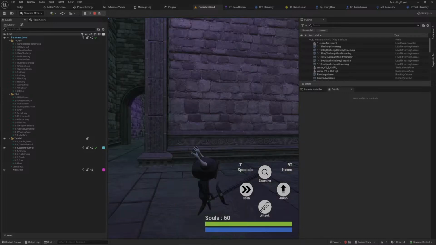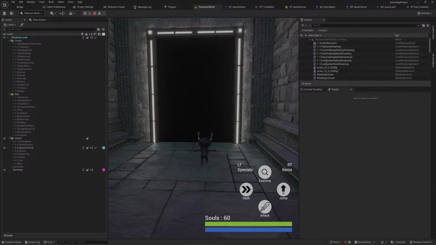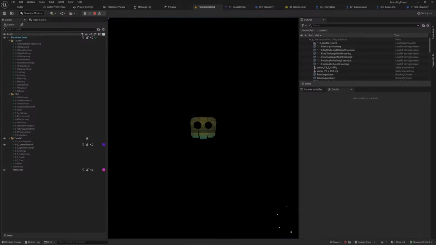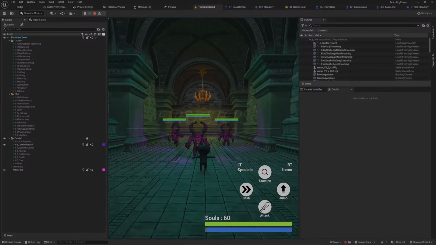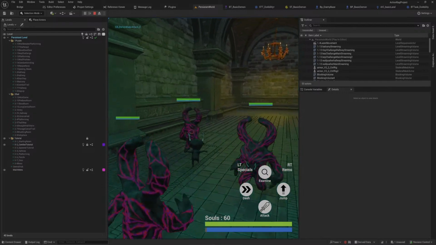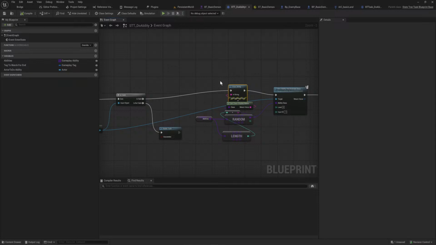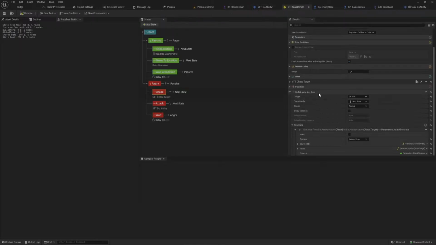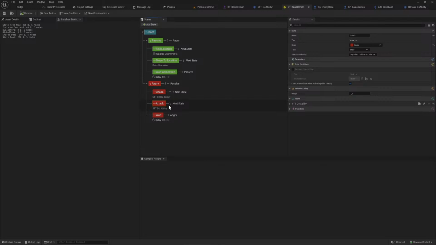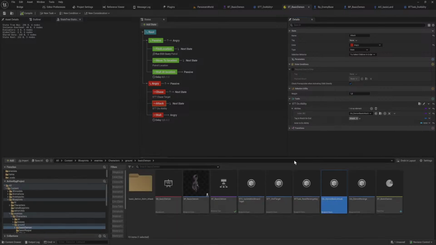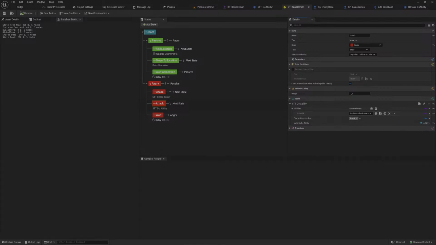So what do we do if this doesn't work, right? Because if this doesn't work, things grow really tedious really quick. Yeah, so this is basic demon attack. So that should just... is it something about the ability itself that assumes it's running on a behavior tree or something? And some cast is failing because of that. Might be. If it didn't even make it into the ability, it would get stuck as well. So